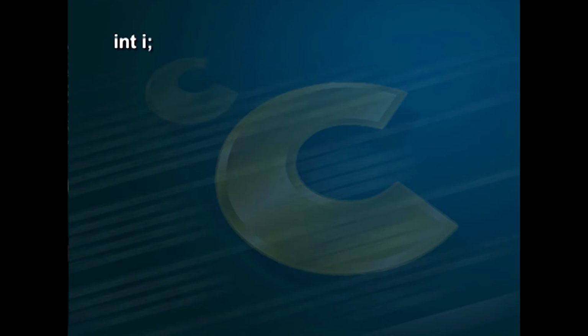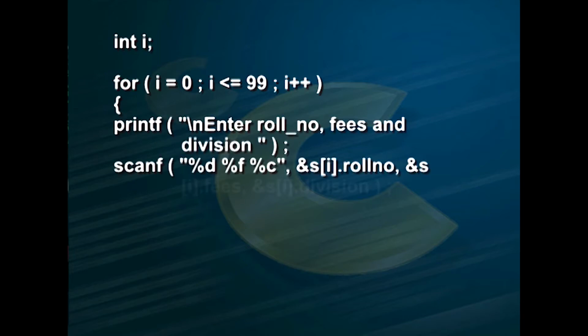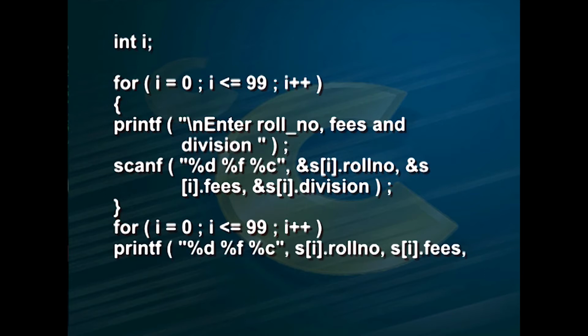int i; for (i = 0; i <= 99; i++) { printf("Enter roll number, fees and division"); scanf("%d %f %c", &S[i].rollnumber, &S[i].fees, &S[i].division); } for (i = 0; i <= 99; i++) printf("%d %f %c", S[i].rollnumber, S[i].fees, S[i].division);